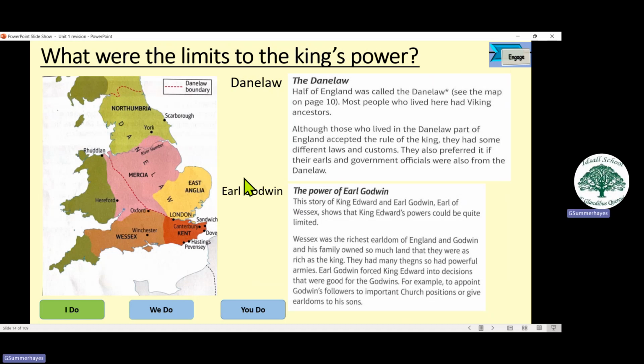However, unlike William, who, when he conquered, was very, very powerful and had almost no limits to his monarchy, the Anglo-Saxon kings did. They had, as you mentioned, the Danelaw, that meant that he wasn't automatically guaranteed their support, even though most of them did support him. And he's also got the earls who had accrued the most power, namely Godwin, who was in charge of Wessex, and then his family took over much of the rest of the kingdom in terms of earldoms. And because they had their own armies, it did mean that Edward had a bit of a threat there.